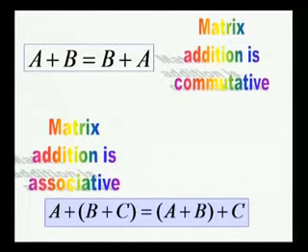Matrix addition is associative as well. So (A plus B) plus C is equal to A plus (B plus C). Now let's look at some more examples manually. So if we are given a question like this,